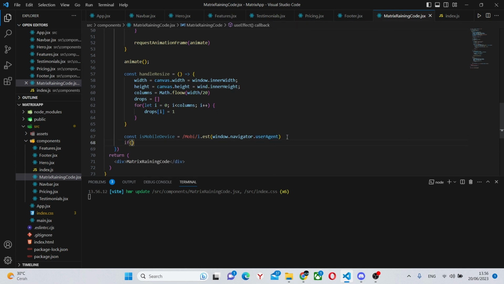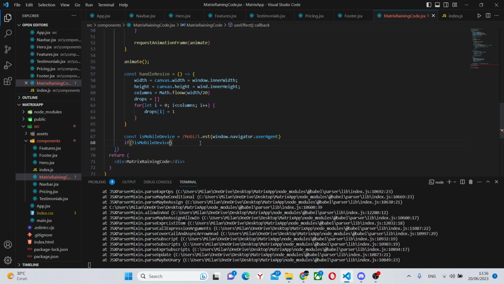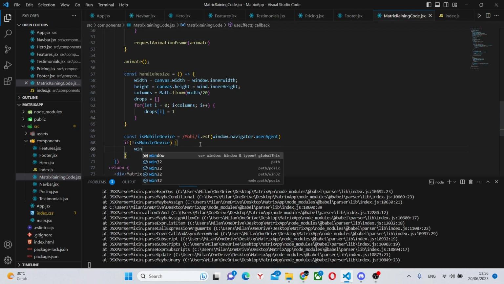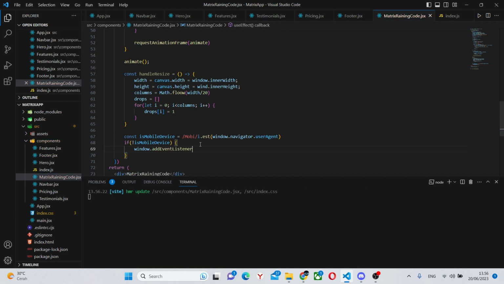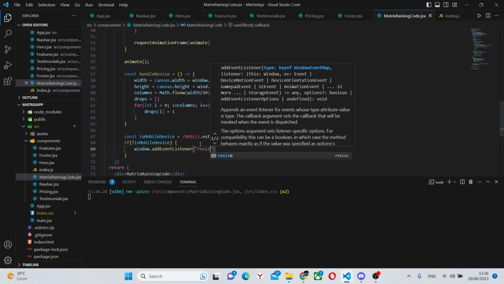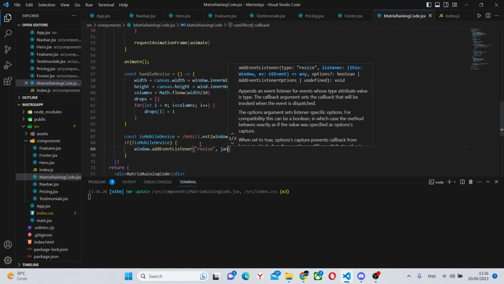Next, we say if not is mobile device, we say window.addEventListener, resize, and handle resize.